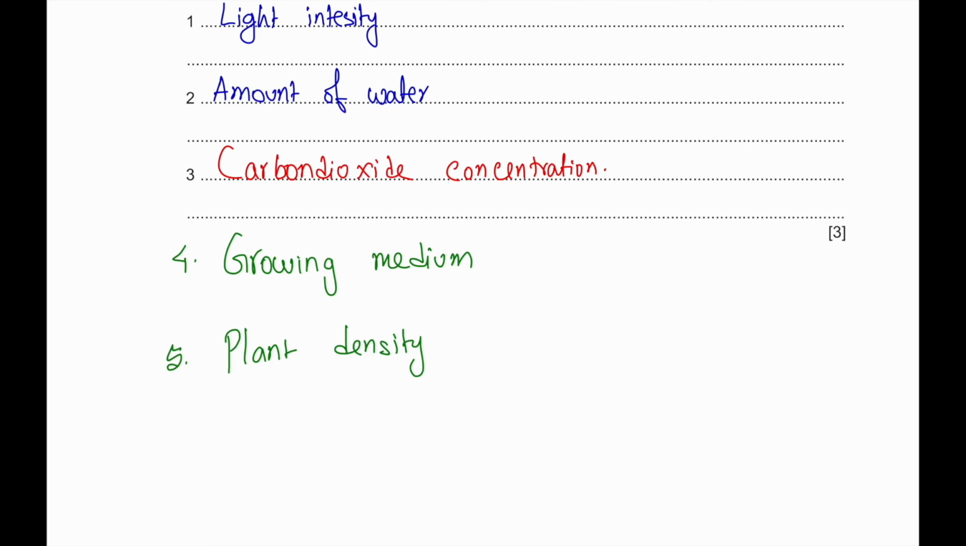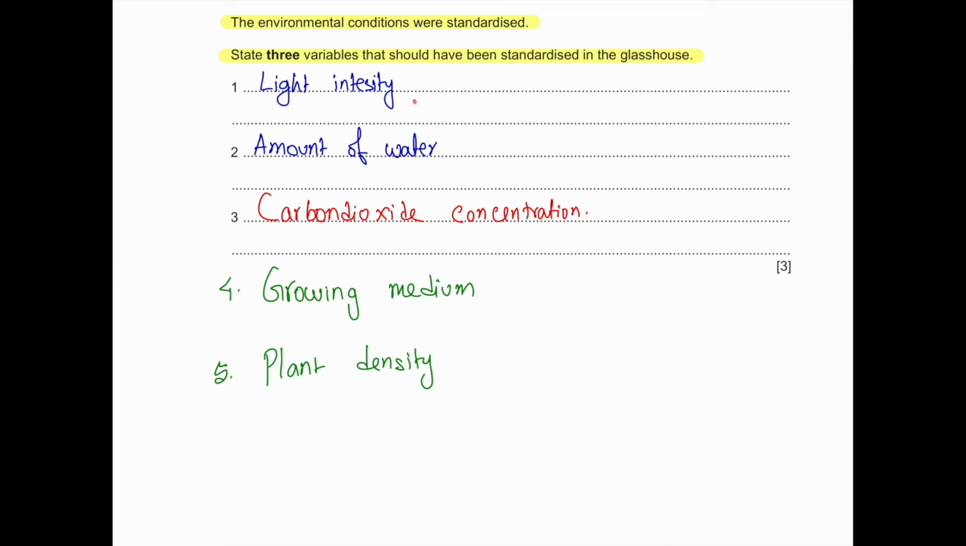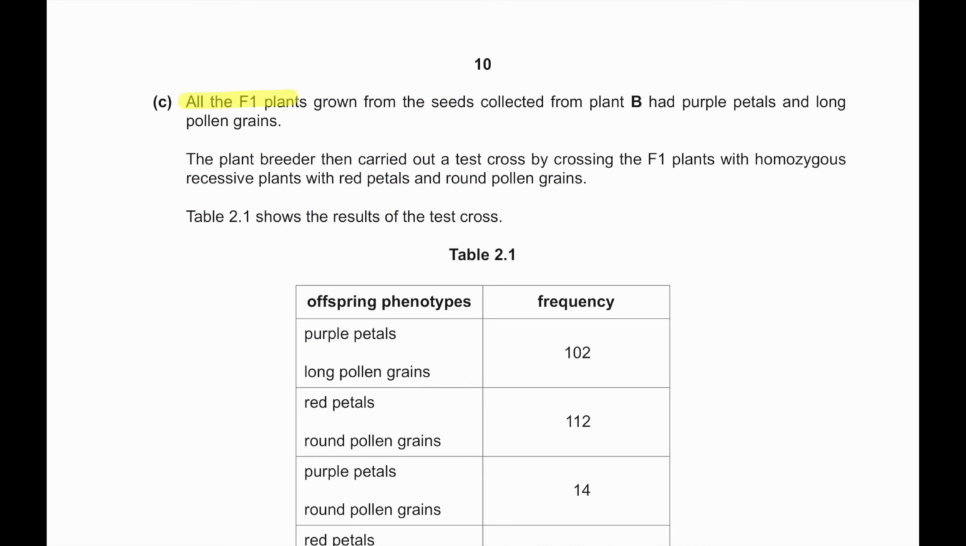Guys, these extra points are there. If you forget these other 3 points, then you can go for this particular 2 points and still get your full marks. Part C. All the F1 plants grown from the seed collected from plant B had purple petals and